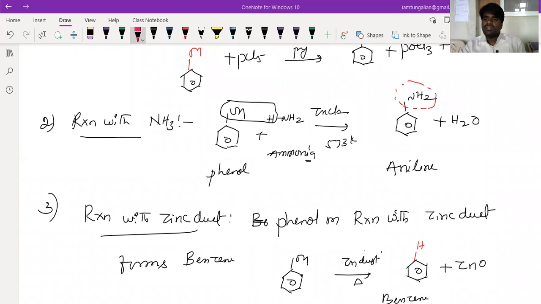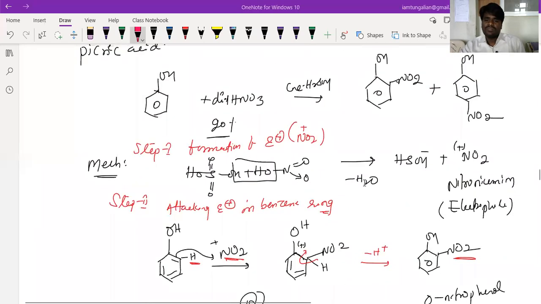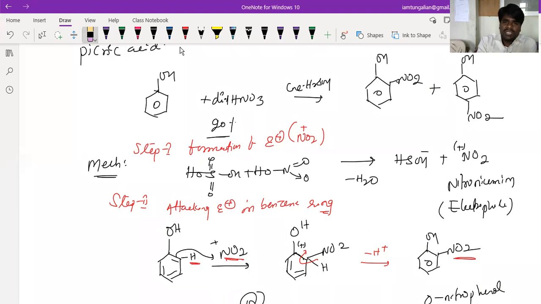See, nitration of phenols, if you want, beta. Whenever you are treating this with nitric acid in presence of sulfuric acid, beta, here this is very important. Sneha, I'll send the video, beta. Okay, so what happens here? See here, this will get removed, beta. Here it acts as acid, beta. Here it acts as base. Since it is losing a bond here, it will get a positive charge, beta. It will form nitronium ion.